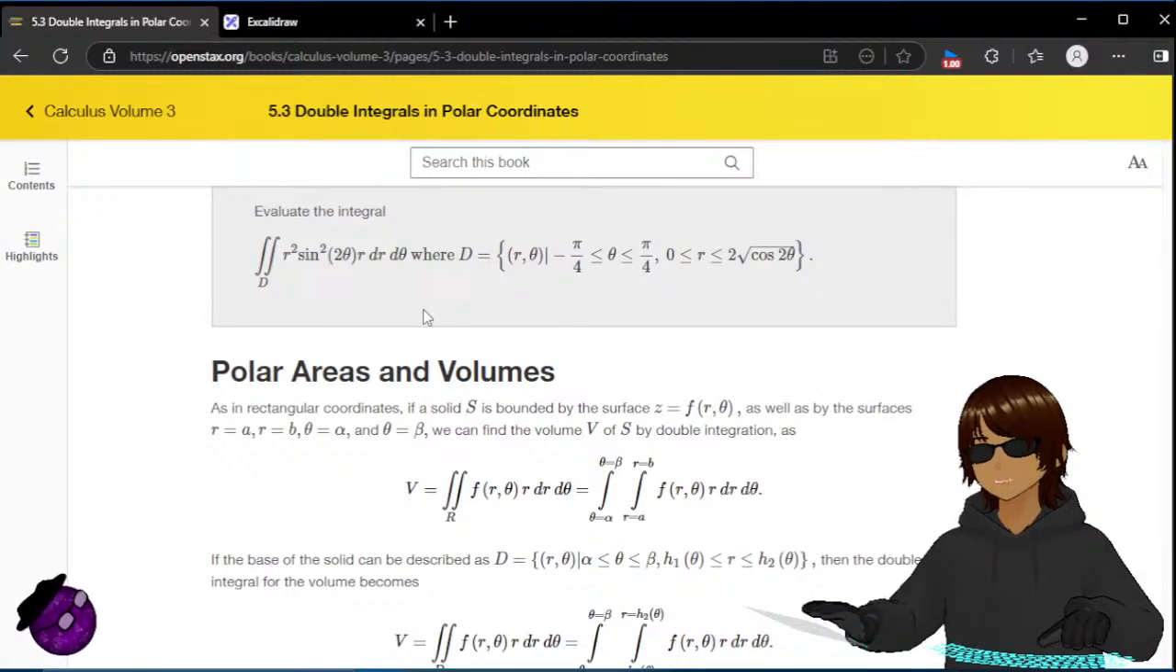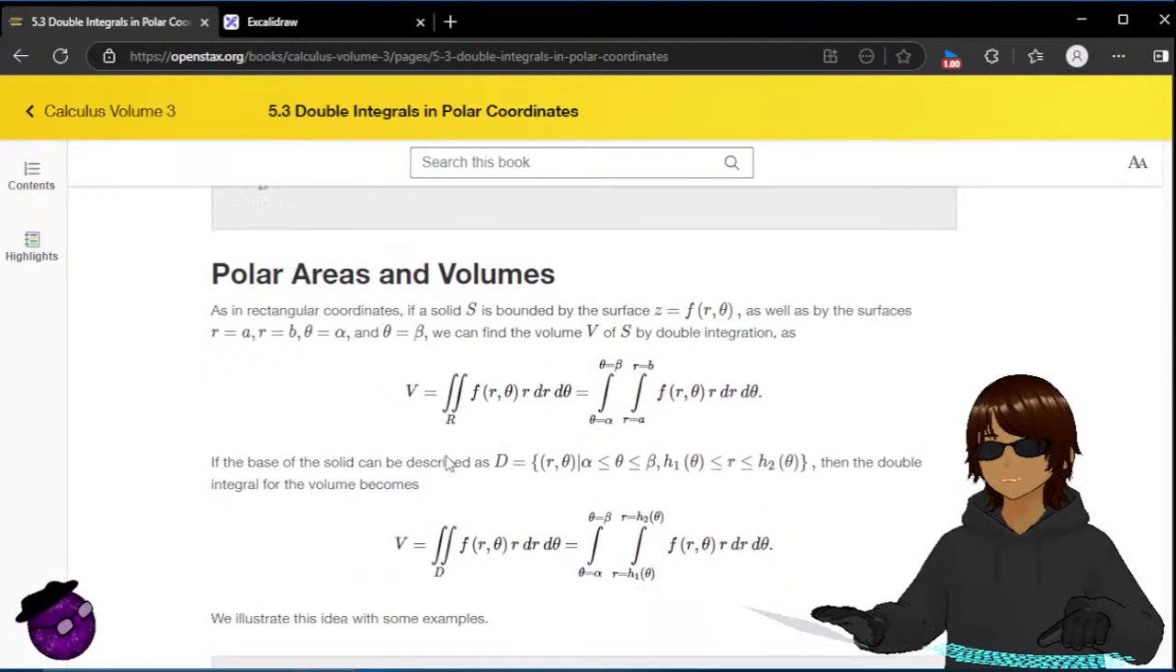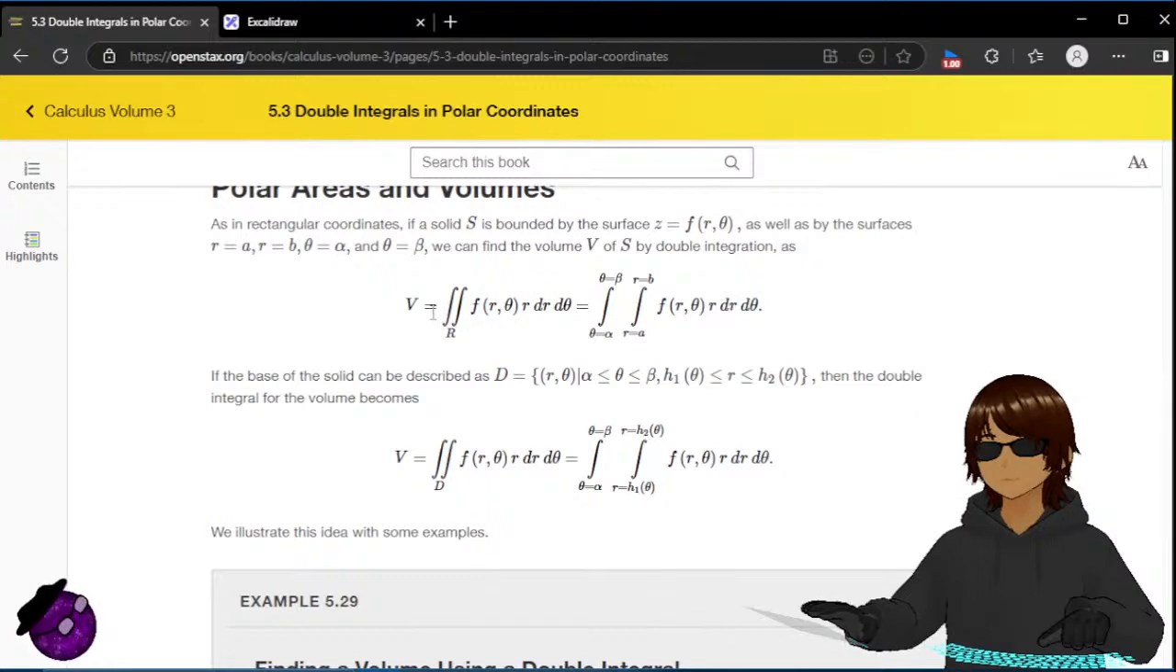As in the rectangular coordinates, if a solid S is bounded by the surface z is equal to f of r, theta, as well as by the surfaces r is equal to a, r is equal to b, and theta is equal to alpha and theta is equal to beta, we can find the volume V of S by double integration as this. If the base of the solid can be described as D, then the double integral for the volume becomes